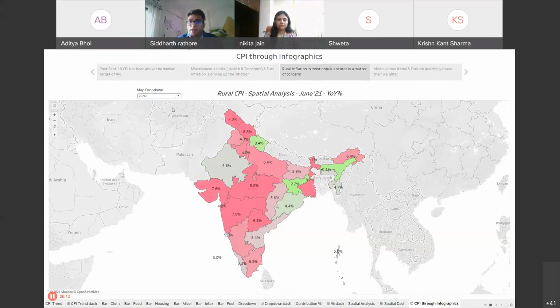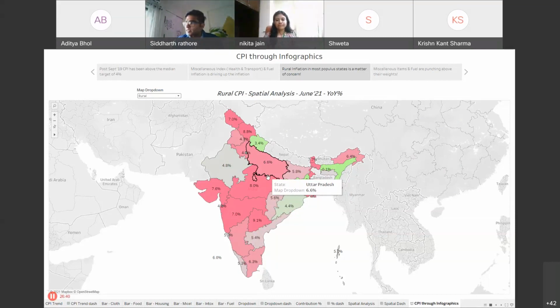Inflation is now hitting the poorest, the people at the bottom of the pyramid, and that is what our spatial map of rural inflation suggests. We can see that most of the most populous states in the country are facing high levels of inflation. And when we go towards a much more granular approach, we find that much of this inflation